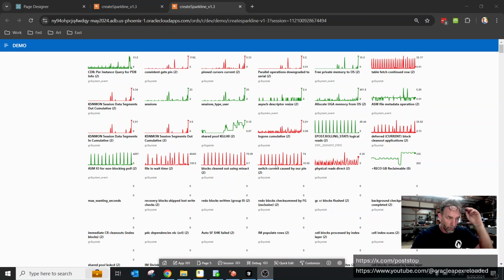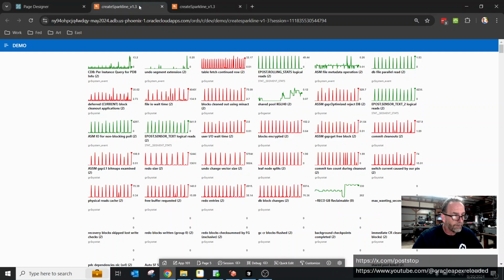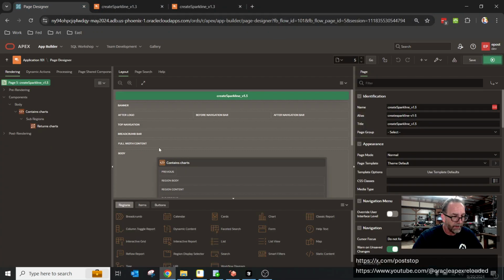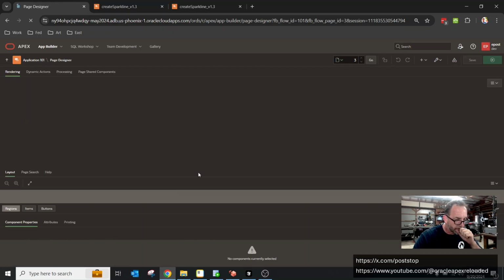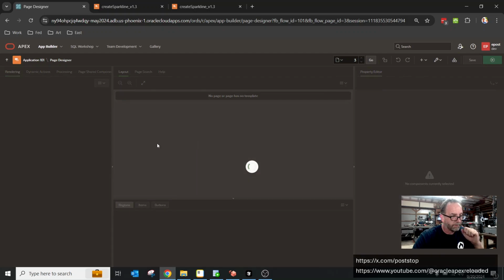So I'm just going to show what the process of developing this was, and then how easy it is to implement in Apex, and how you can extend this to a lot of different things. So we started off in Designer, created a page here called, I knew I was going to do an iterative version and play around with it. I want to be able to destroy it and go back easily. So I started off with version 1 here and created,